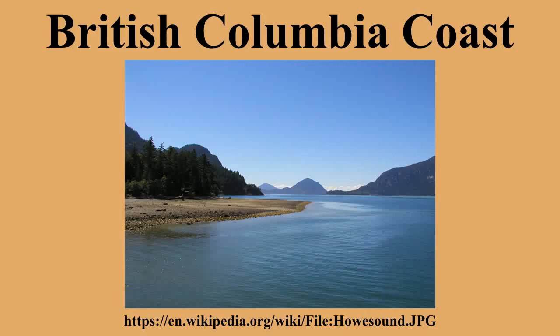Island, Kunghit Island, Porcher Island, Pitt Island, Macaulay Island, Banks Island, Gil Island, Gribbell Island, Hawkesbury Island, Princess Royal Island, Aristazabal Island, Price Island, Swindle Island, Campbell Island, Denny Island, Hunter Island, King Island, Calvert Island, Cormorant Island, Malcolm Island, Broughton Archipelago, Broughton Island, Gilford Island, Knight Inlet, West and East Cracroft Islands, Knight Inlet,